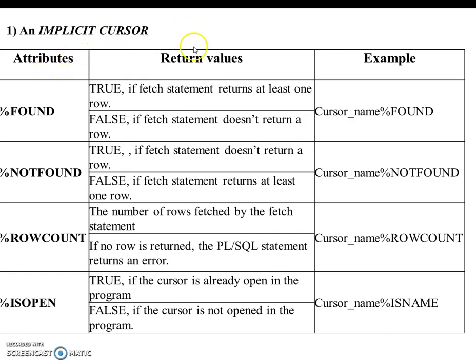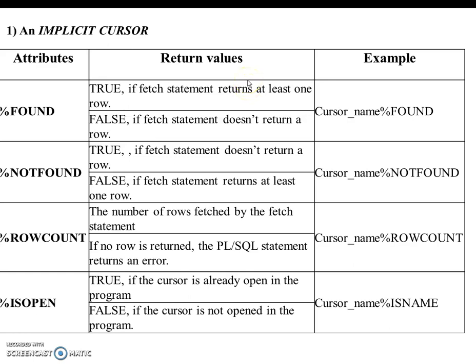Okay, with their return values or results, the %FOUND attribute returns two values, either true or false, based on how many rows are fetched or available, or whether that table has a particular number of rows.